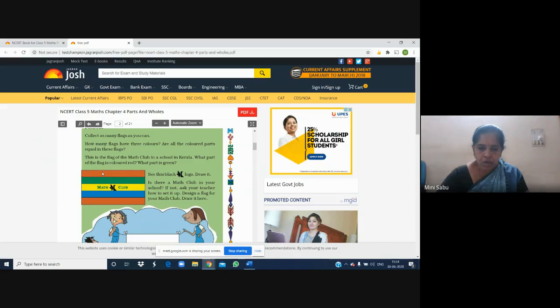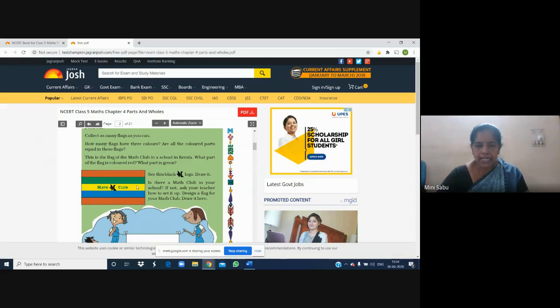It is divided into 1, 2, 3, 4, 5 equal parts. Okay, and the first and the last are colored brown, and I hope it is maybe a printing problem. These two should be blue, and this middle one will be yellow. And here in the middle, the logo is placed.